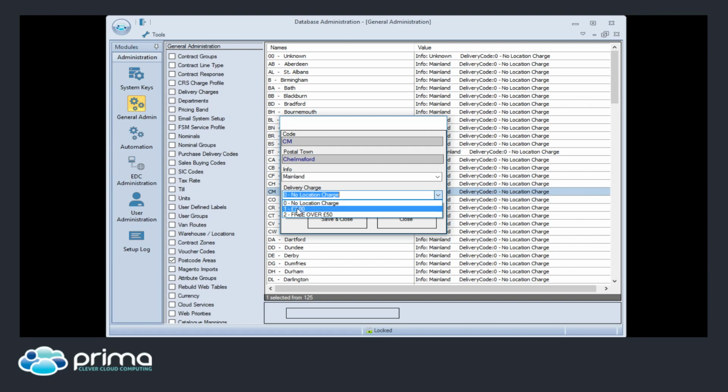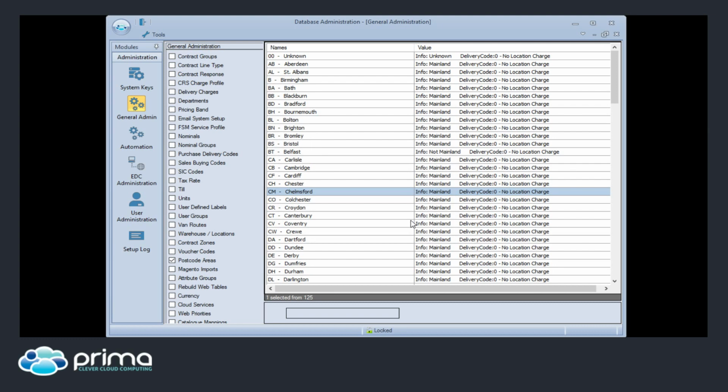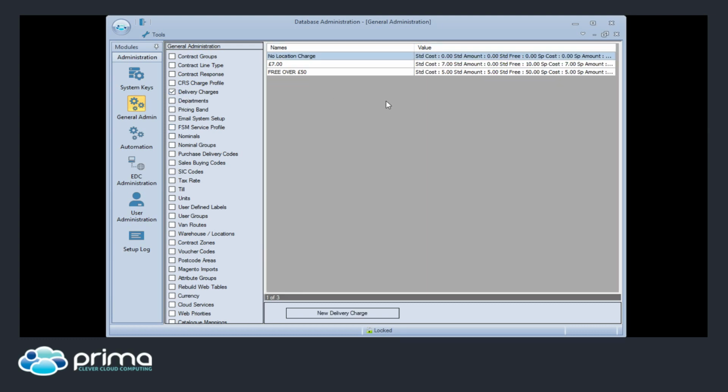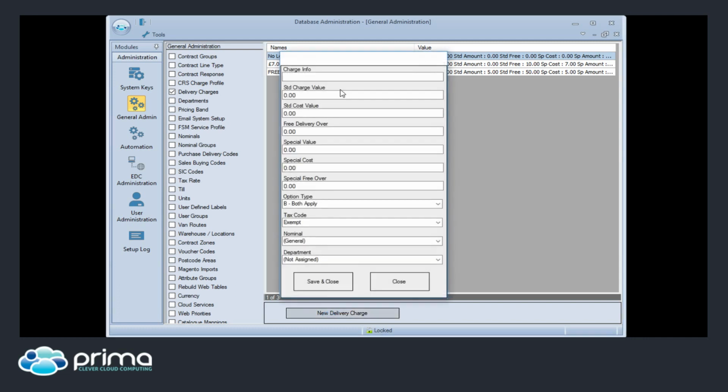You could have a delivery charge set up to be, you charge them £20, or you can have furniture delivery charges, whatever you have for your specific business. You can set up within delivery charges. So if you have a specific delivery charge, what you do is you click on the new delivery charge, enter in your information there. So it could be furniture